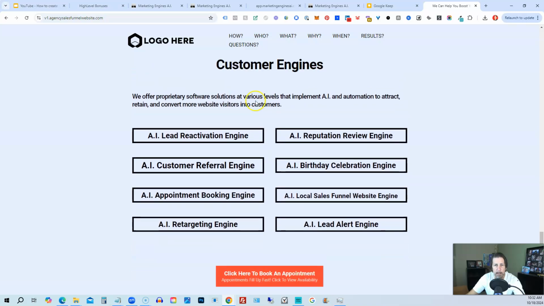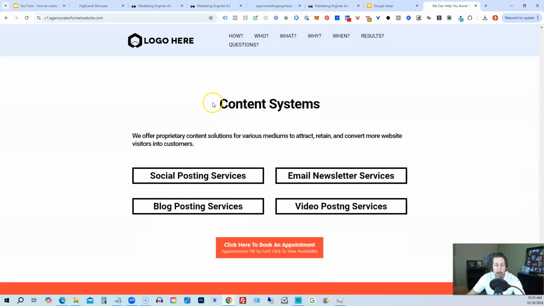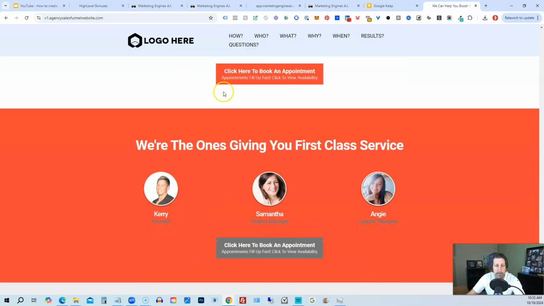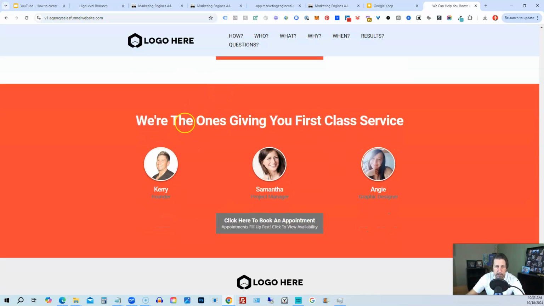Then we talk a little bit about our customer engines, which are proprietary engines we've created, Marketing Engines A.I. So we have like AI lead reactivation engine, AI reputation review engine, AI customer referral engine, AI birthday celebration engine, AI appointment booking engine, AI local sales funnel website engine, AI retargeting engine, and AI lead alert engine, with many, many more to come. Call to action, content systems such as social posting services, blog posting services, video posting services, and email newsletter services. Call to action, and then of course we are the ones giving you first class service,